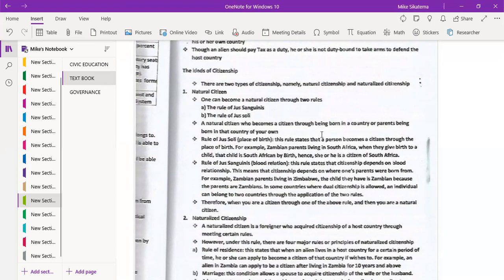For example, Zambian parents living in South Africa, when they give birth to a child, that child is South African at birth. Hence, she or he is a citizen of South Africa. No wonder a lot of Mexican pregnant women would like to cross the US border illegally, because they know that when they give birth on American soil, that child is automatically an American because of this rule of jus soli. And then there's the rule of jus sanguinis. This rule